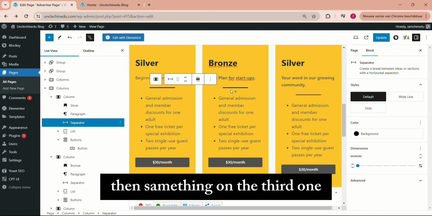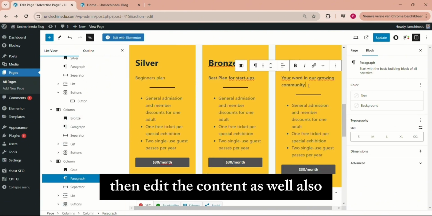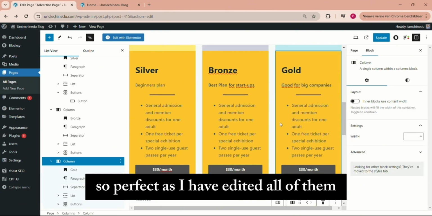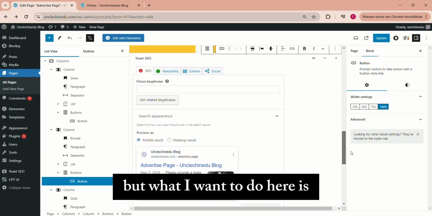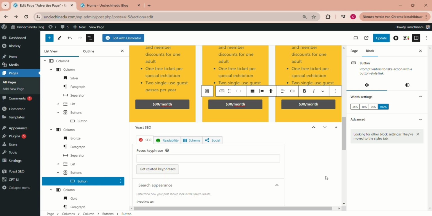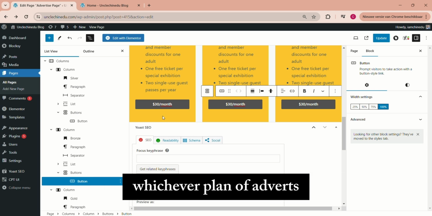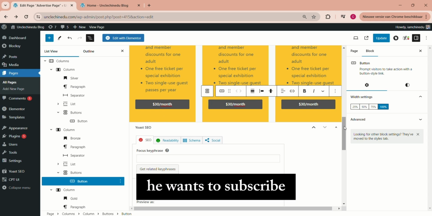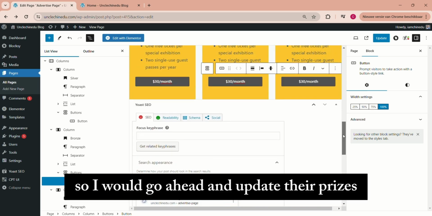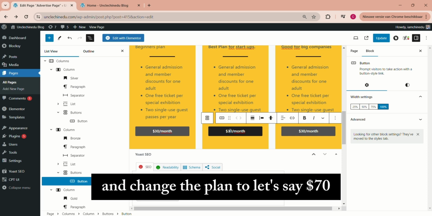Then same thing on the third one. I call it something like Gold. Then edit the content as well. So perfect, as I have edited all of them. But what I want to do here is to include a form under here that when the person fills the form, then the person can select whichever plan of advert he wants to subscribe to here on your blog website. So I will go ahead and update their prices by clicking on this one